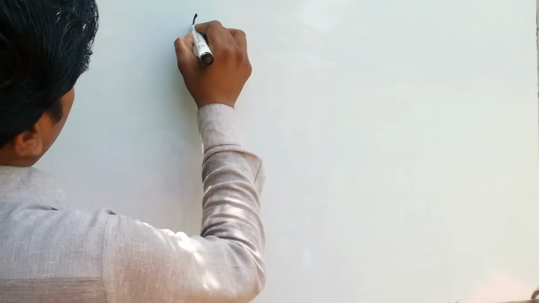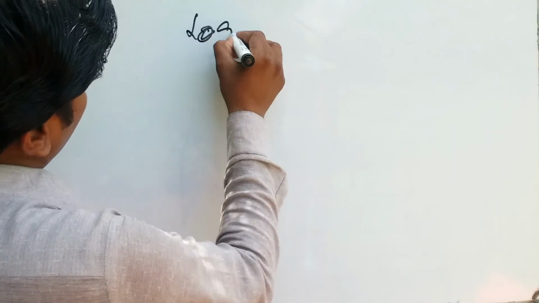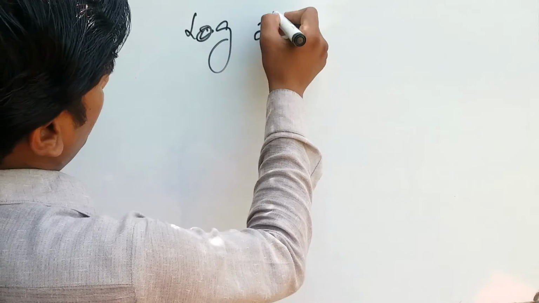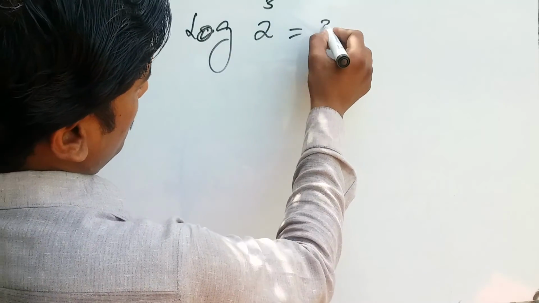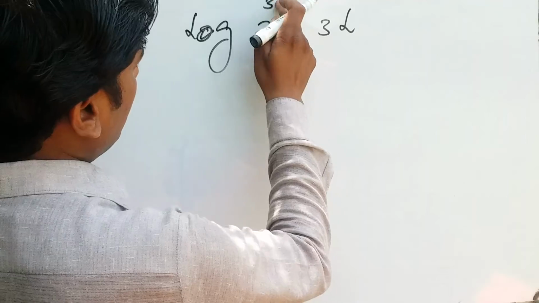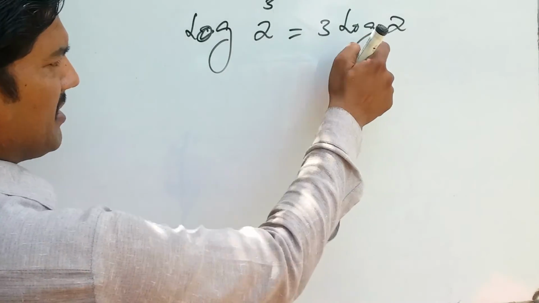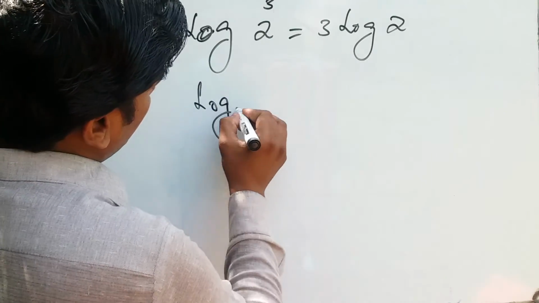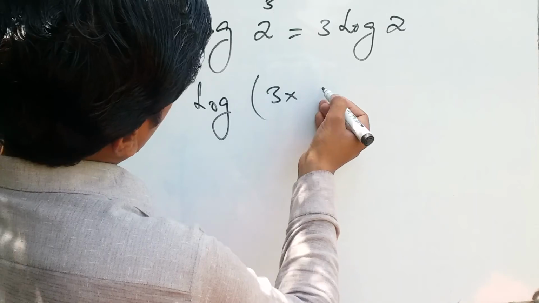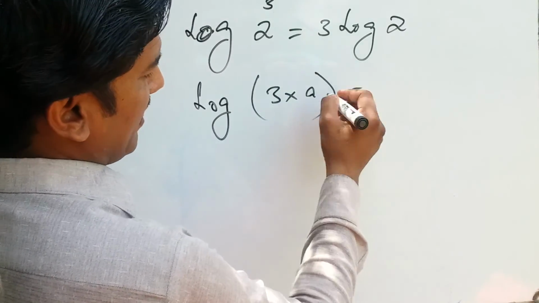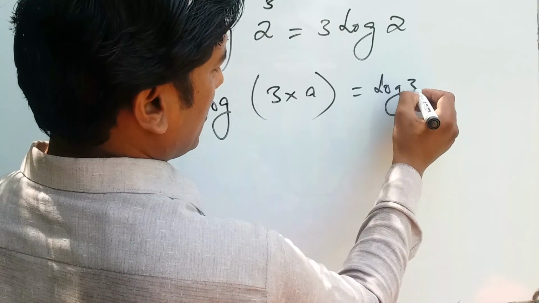Giving you one example, like log of 2 power 3. 3 will be dragged first in the beginning, 3 log 2. We have base 10 here, okay? We are not writing it. And log 3 into, suppose a. Then we will write log of 3 plus